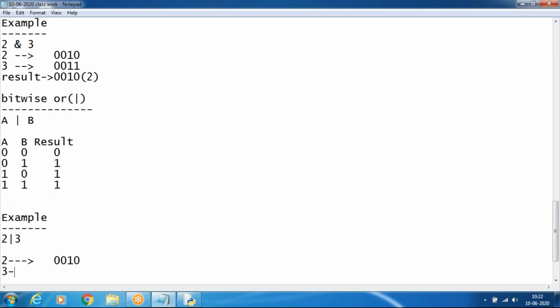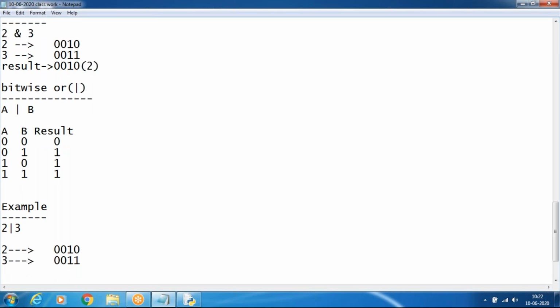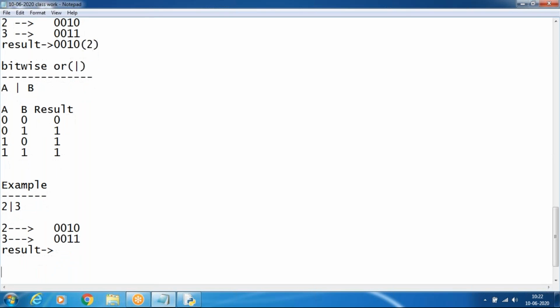The value of 3 is 0 0 1 1, and the result value will be 0 0 1 1.